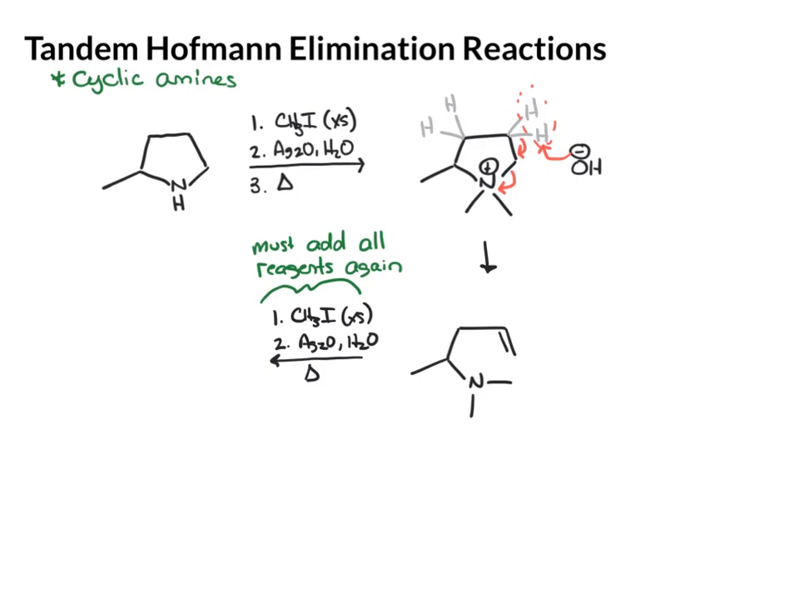Here's our second set of conditions, and take note, you must add all of these reagents again. You can't just say they're still floating around because this is stepwise. So from here, we'll get the nitrogen with a third methyl group and a positive charge, and the hydroxide. And now, once we heat that,